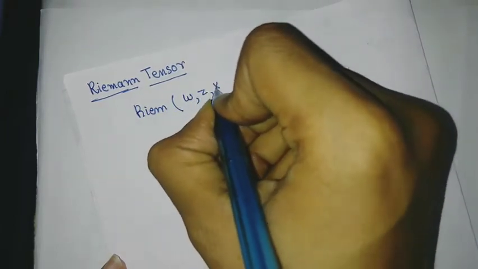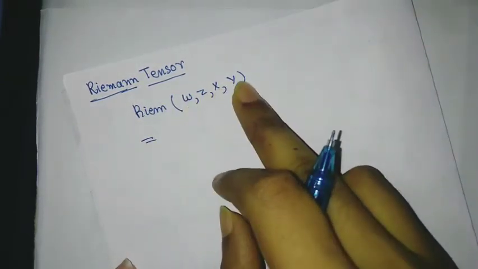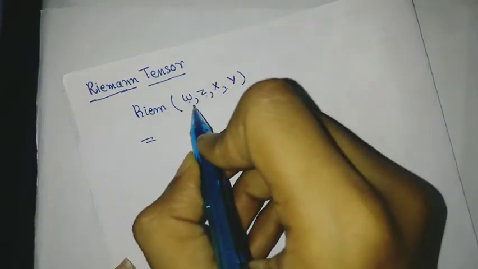Well, hello friends. So in this video we will try to derive the relation between the components of the Riemann tensor and the Christoffel symbols. So let's see. A Riemann tensor is a 1-3 tensor. So it eats one covector and three vector fields to give a C infinity M function.